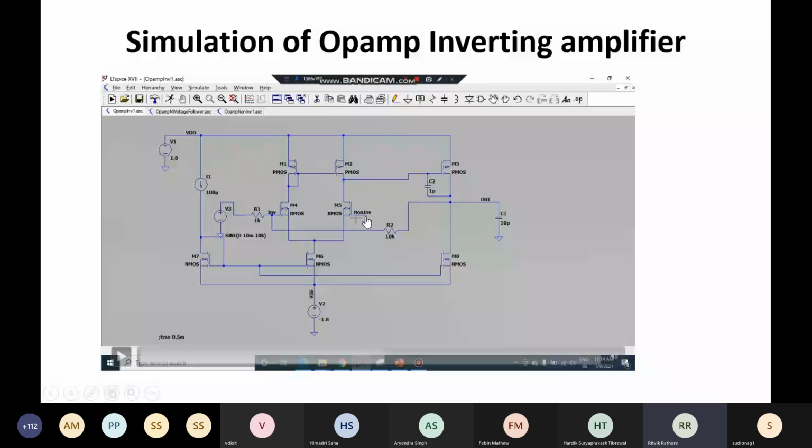So whatever input I am applying at the gate of M5, it will be amplified and the output will be 180 degree out of phase at this terminal. Now this output is again going to a common source amplifier. So the phase shift from the gate of M3 PMOS to the output terminal will again be 180 degree. So you see that the total phase shift from the gate of NMOS M5 to the output terminal is 360 degree. So we can say that the output is in phase with input if it is applied at this terminal, gate of M5. That's why this terminal is non-inverting.